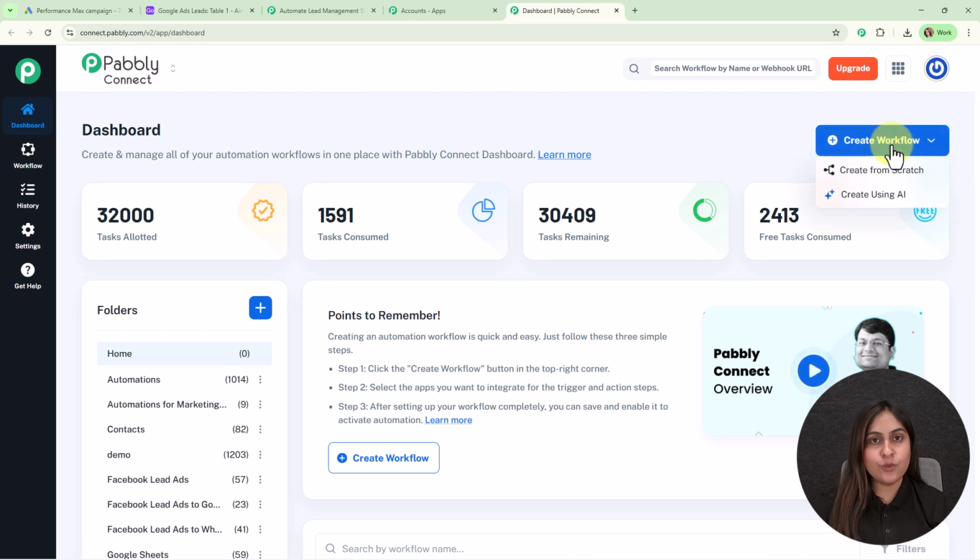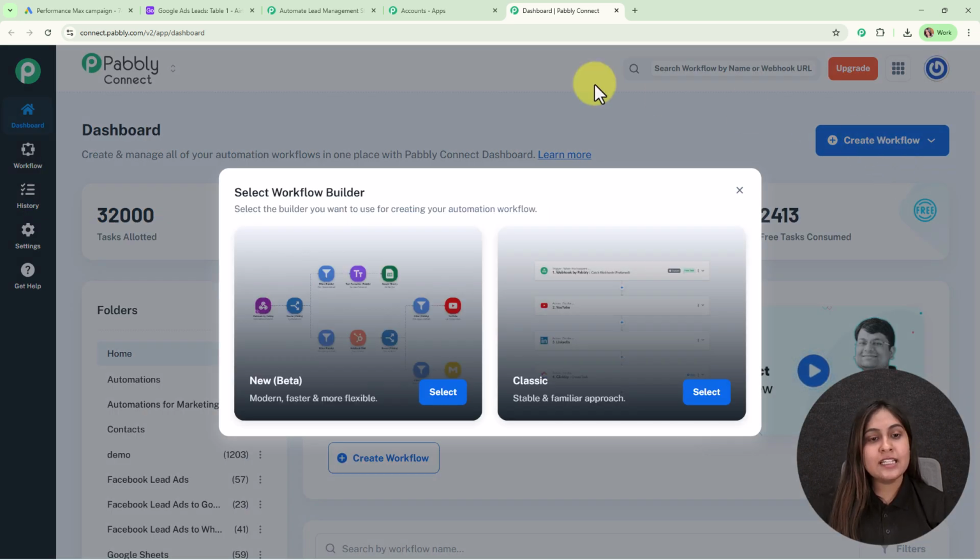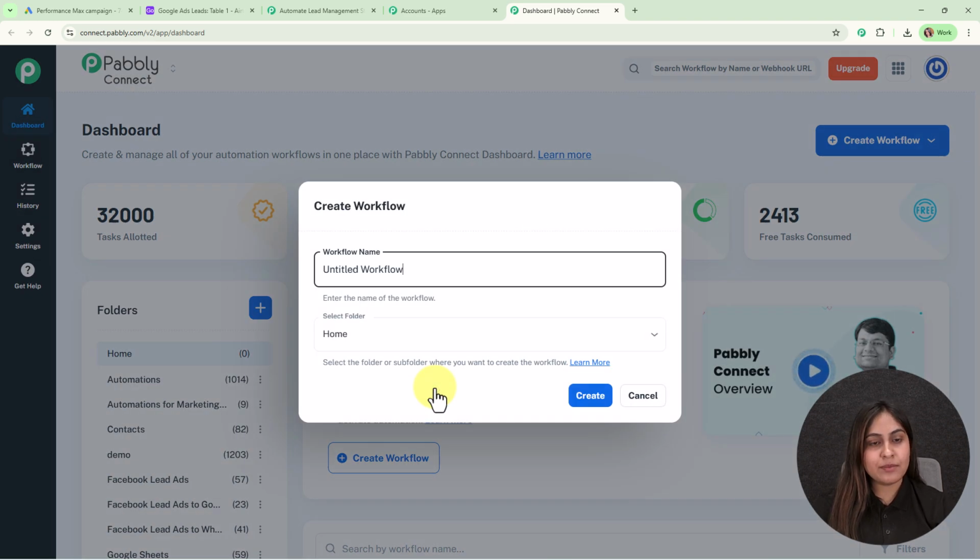Then you can see two options. One is create from scratch and the other one is create using AI. So we're going to select create from scratch and then it is asking for the workflow builder. So you can see two options. One is new beta and the other one is classic. Beta version is modern, fast and more flexible, whereas classic one is stable and the familiar approach. So in this video we are going to use this beta version by clicking on the select button